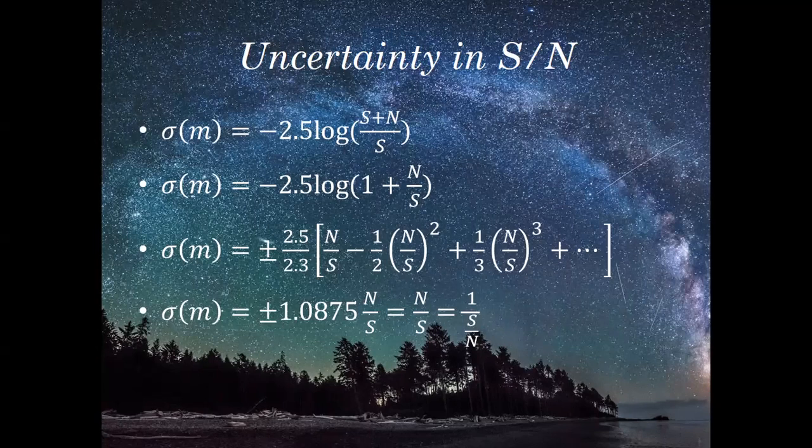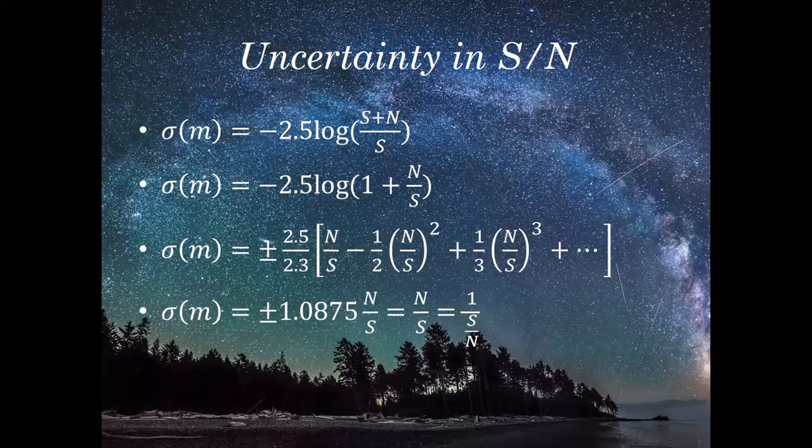Yes. So when this term is small, and you take the square of a very small quantity, or even higher powers of a very small quantity, they contribute very, very small numbers. So in this particular expansion, which goes to infinity, you can ignore (N by S) squared, (N by S) cubed, and the higher terms. So you are just left with N by S multiplied by 2.5 into 2.3 times plus minus